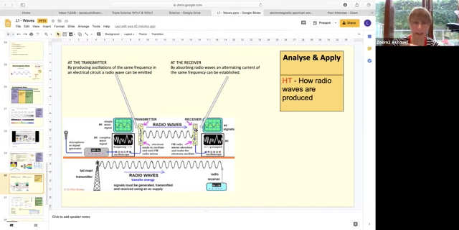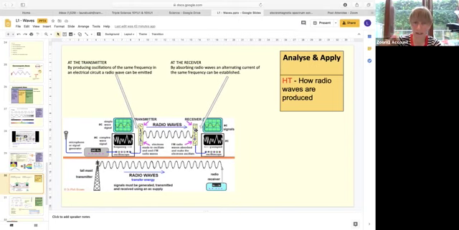So it's essentially the alternating current on the transmitter going up and down that is pushed out into the space you want to move it into. If you've dialed your receiver to match that frequency that's coming in, then that alternating current can be picked up by the receiver, and that then